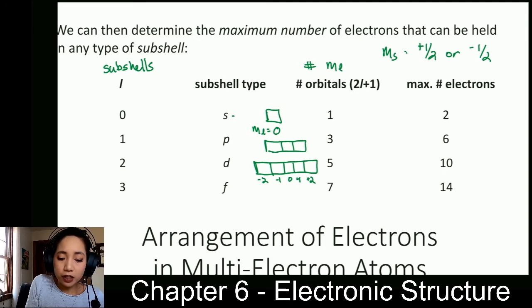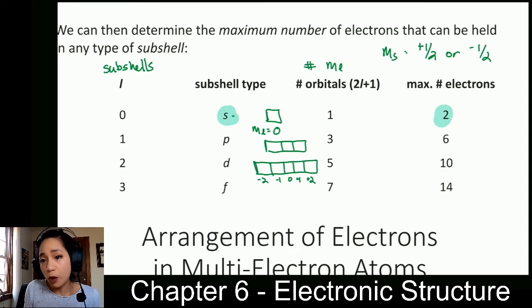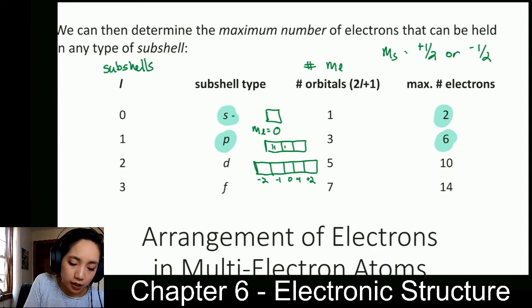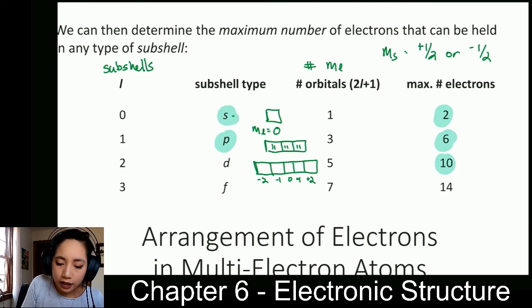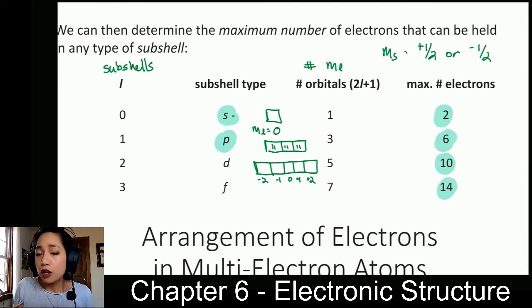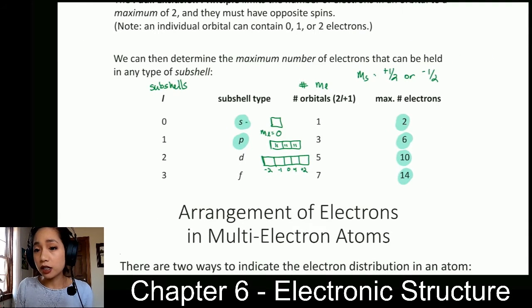If each one of these boxes can hold 2 electrons, then that means an s orbital can hold a maximum of 2 electrons in that one box. A p subshell, because it has 3 orbitals, can hold a total of 6 electrons because we can put 2 electrons in each one of these boxes. And then for a d subshell, since there's 5 orbitals, we can hold 10, and then for f, we can hold 14. So keep that in mind when we are doing electron configurations for arrangements of electrons for the different